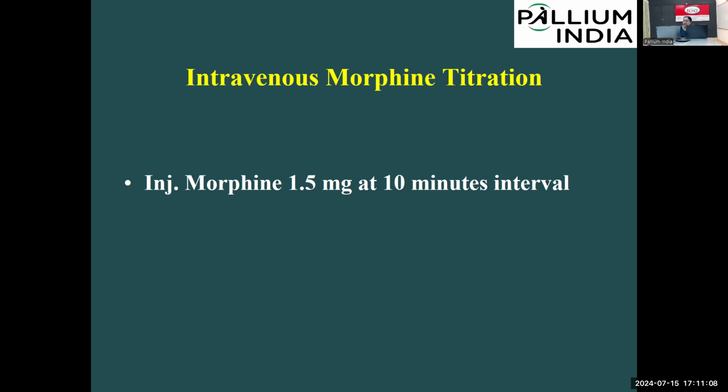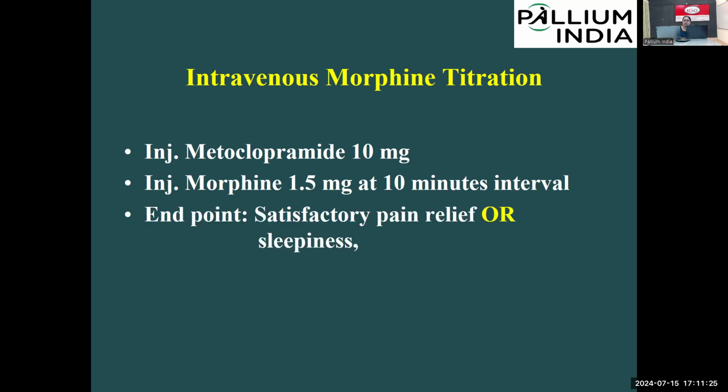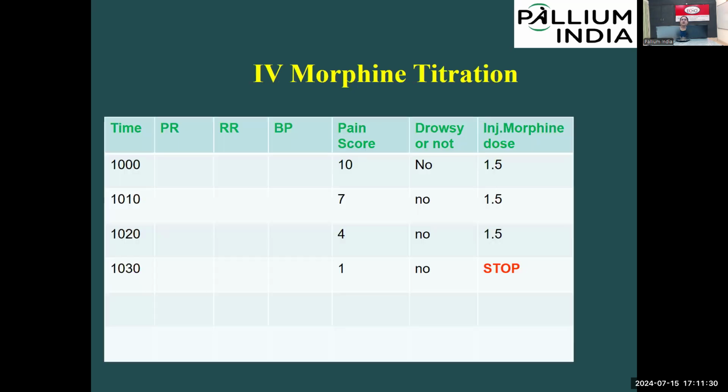Before you start with the titration process, injection metoclopramide 10 milligram is given stat, because nausea and vomiting is the immediate side effect that you can expect on intravenous morphine administration. Injection metoclopramide 10 milligram is given stat, and followed by that